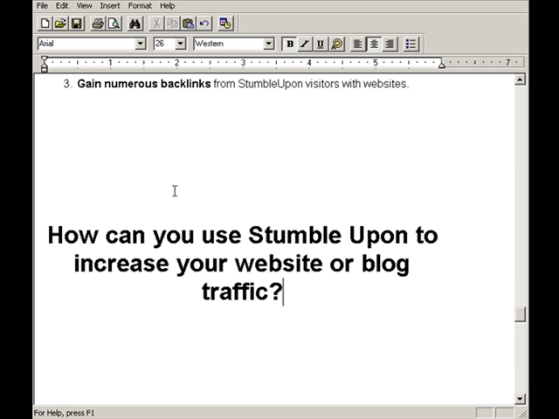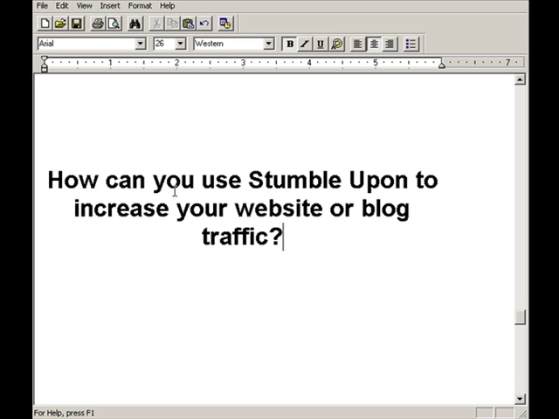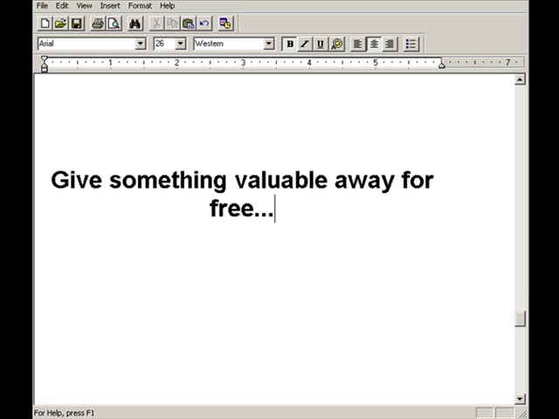So that comes to the question, how can you use StumbleUpon to increase your website or blog traffic? Now, if you think about it, you have a website, for example, and what you want to do is get the best quality content out of that website, because you only want to stumble upon the content of that website or of that blog that is the best. And because of that, people see that and they'll say, oh, well, this person must have a lot of other great content at their website. So basically you want to pick and choose that.